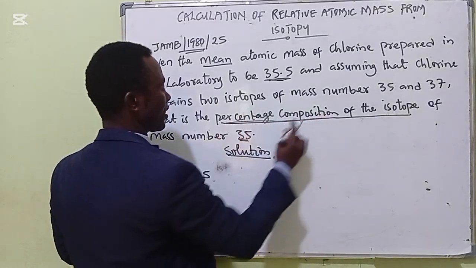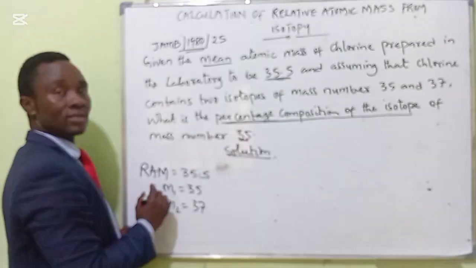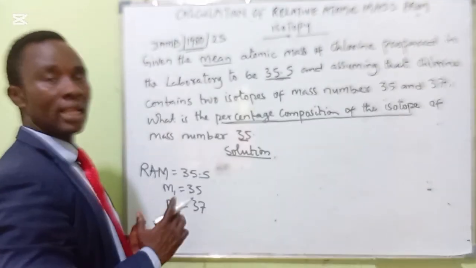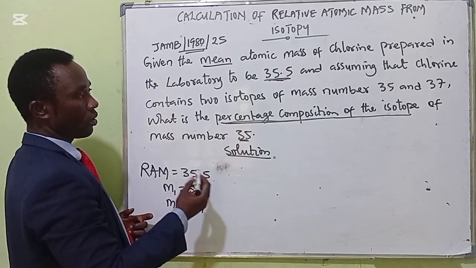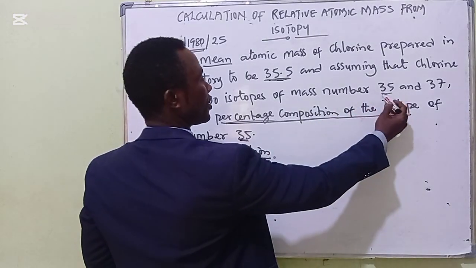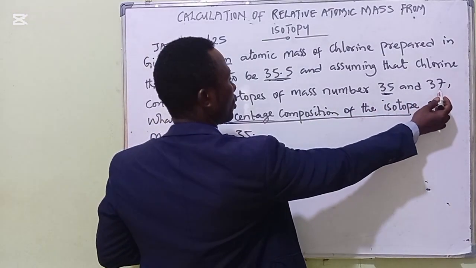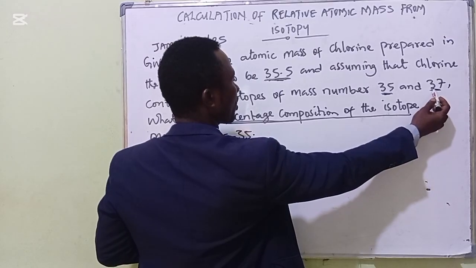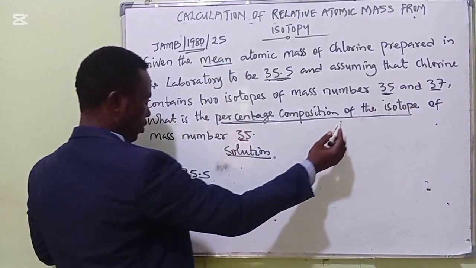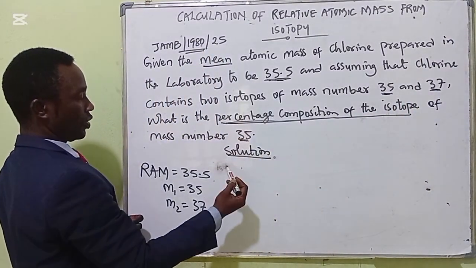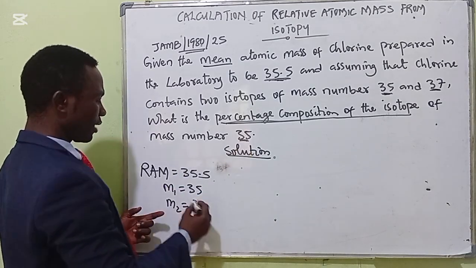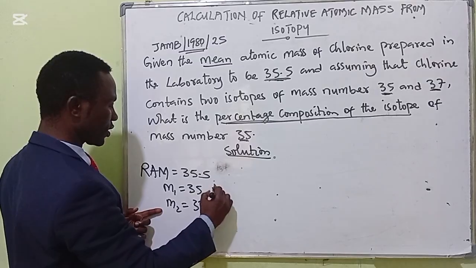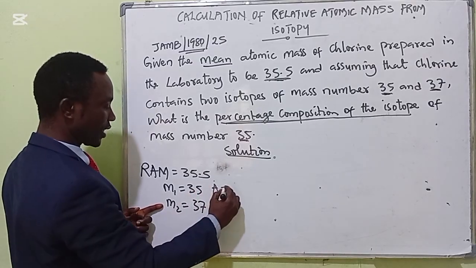Percentage composition here means the abundance. Remember, in relative atomic mass calculation, the abundance is given in percentage. The abundance of mass 35 is not given to us in this question, and the abundance of the other mass is also not given. But the one required from us is to calculate the abundance of 35. Now, what do we do? Let us say the abundance of the 35,